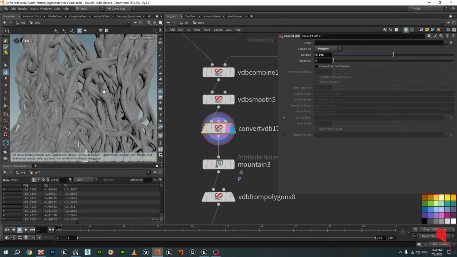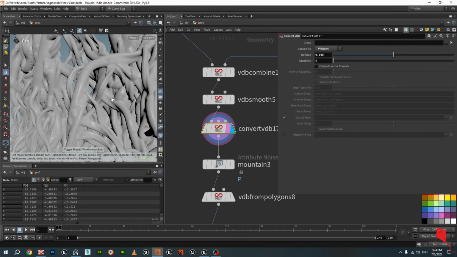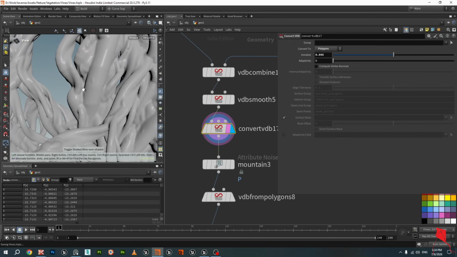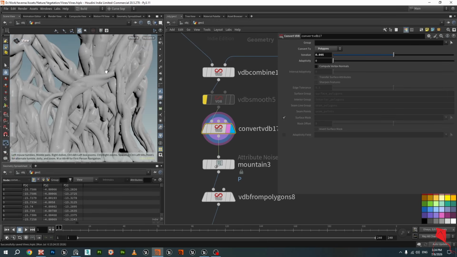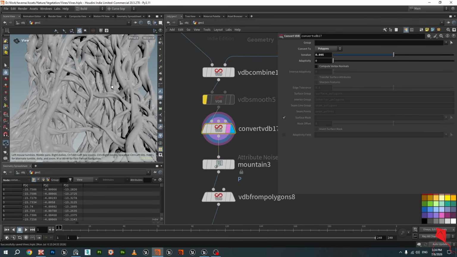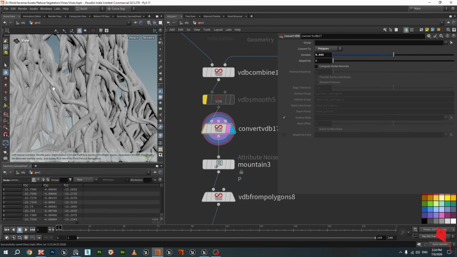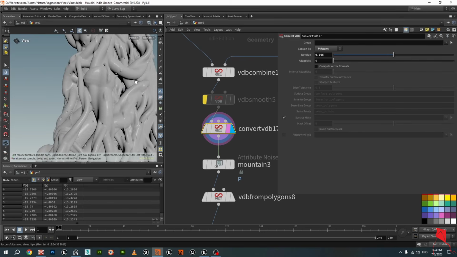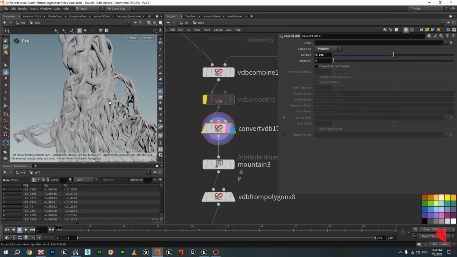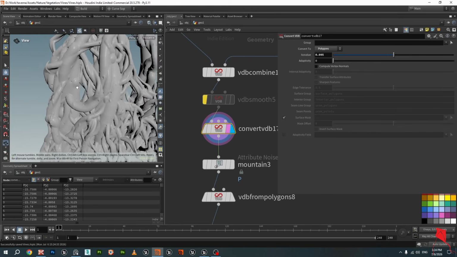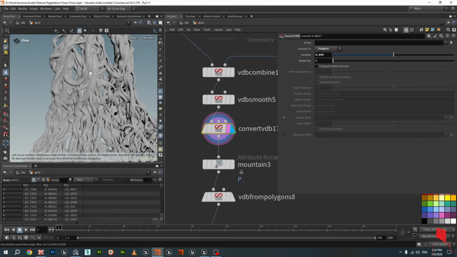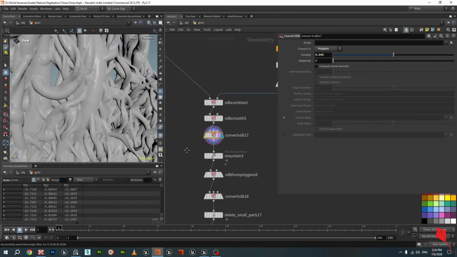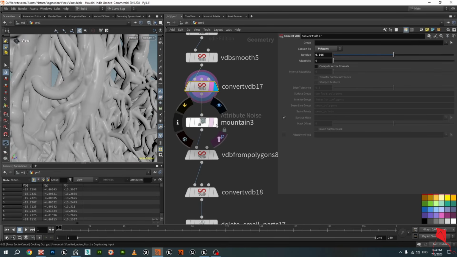And with smoothing, you can see that the effect is not even very visible, I guess. We can undo smoothing, and again, it depends on what look you're going for. What is the goal, and you can do many things like that, adding details like that. But let's say that I want it smooth just a little bit, and at this point, I add a little bit of mountain on top of it